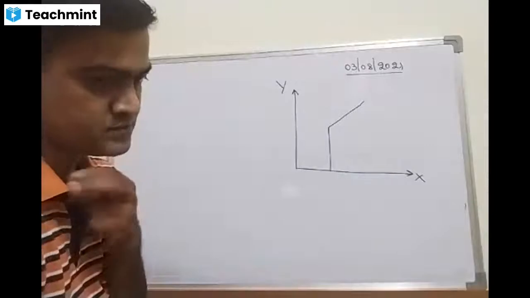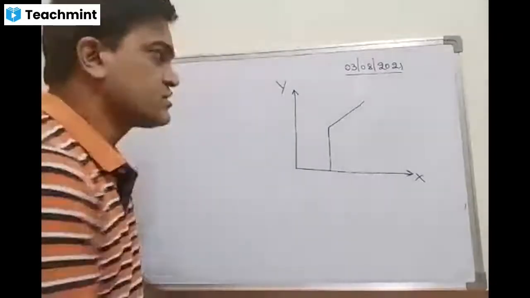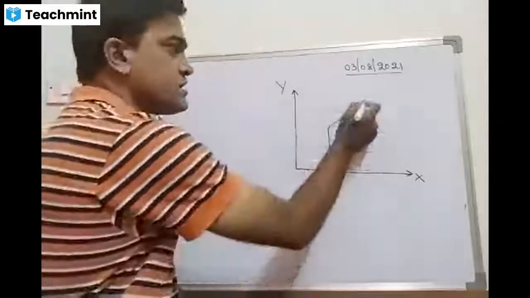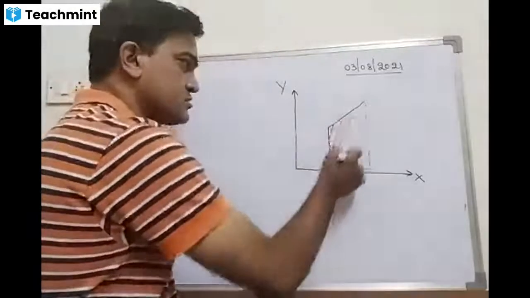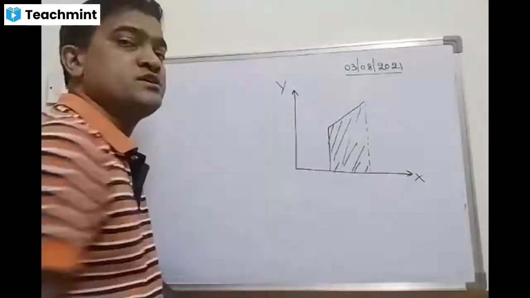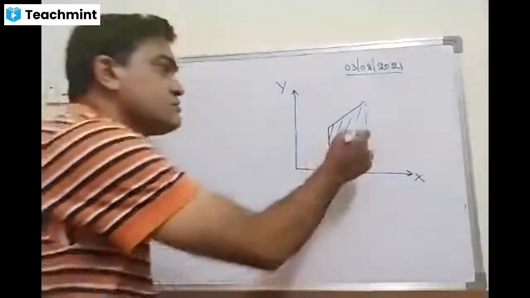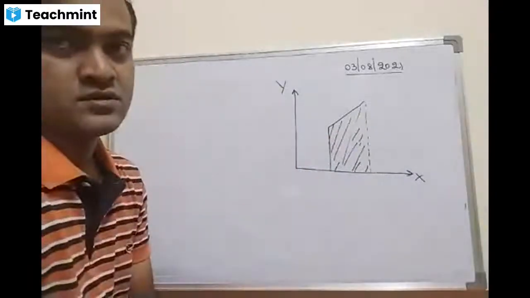Suppose there are such cases, a straight line. To draw the curve, in this shaded region, up to here, this is the shaded region, this is the shaded region. Find out the area of this shaded region. How is it possible? Here, any geometrical figure whose area you can figure out.